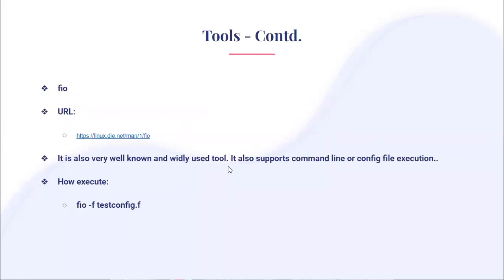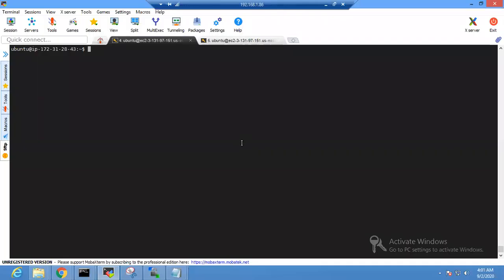The third tool I'll discuss today is FIO. It has a man page and is very well known for performance testing of file operations and IO generation. It also supports command line and config file execution. Having said that, I'll go here.